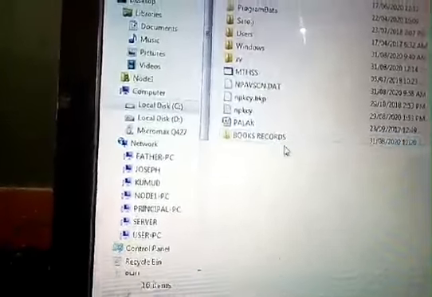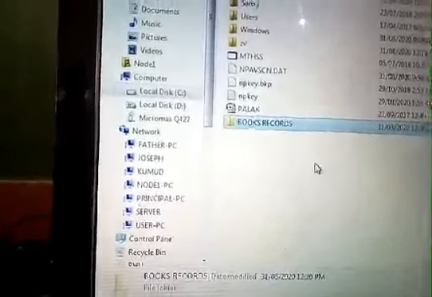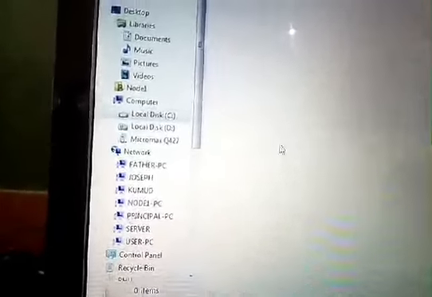After creating this folder, now I can put all the records of the books, the list, in this folder.